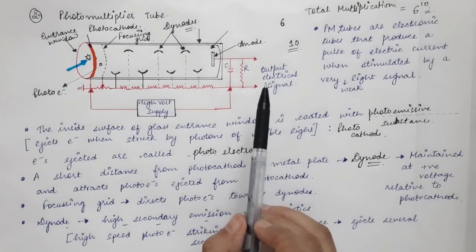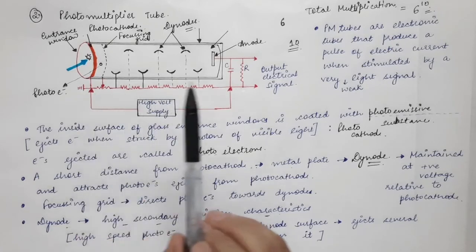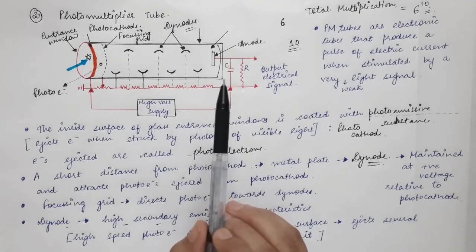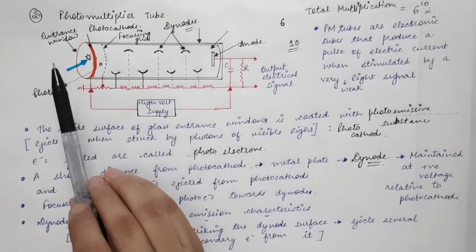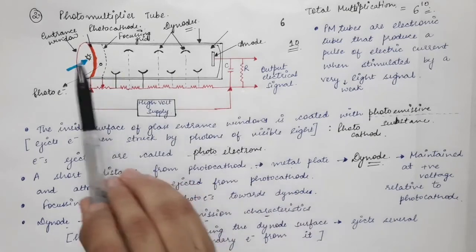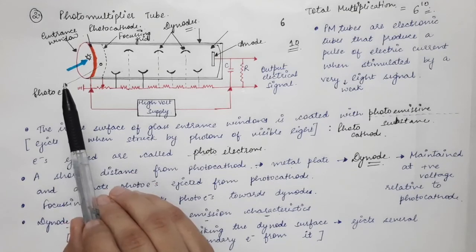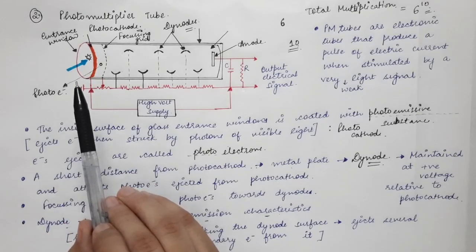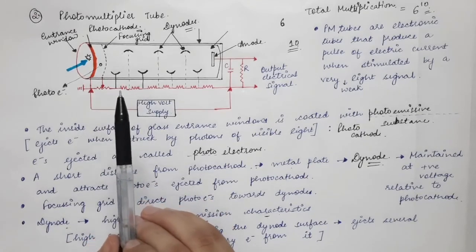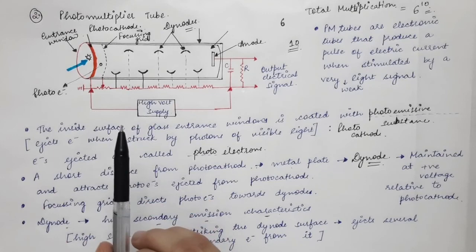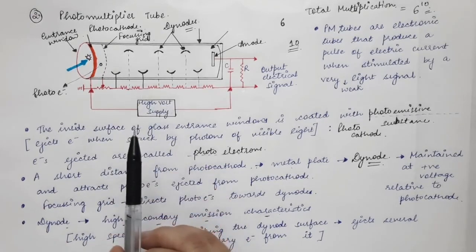So what do we mean by this? The scintillation counter is capable of differentiating two particles with a very little difference in their energies. As you can see, the pulse height is directly proportional to the energy deposited by the incoming radiation. So if you have two particles with a very little difference in their energies, this scintillation counter would easily detect the energy difference. This is what we mean by resolving power. So the resolving power of scintillation counter is high.